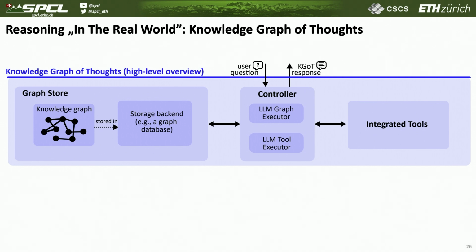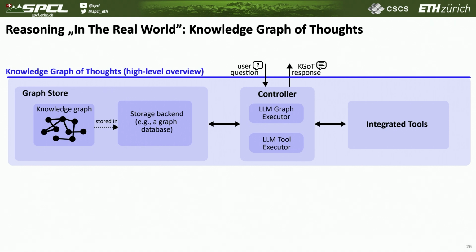One of them is managing the LLM interactions with the graph, and the other is managing the interaction with the tools, right? So the graph executor is growing the graph and extracting the information, growing the graph, querying the graph, etc. And the tool executor, as the name suggests, is interacting with the tools. So it's selecting which tool to run, running the tool, getting the data, parsing the data, and passing it to the